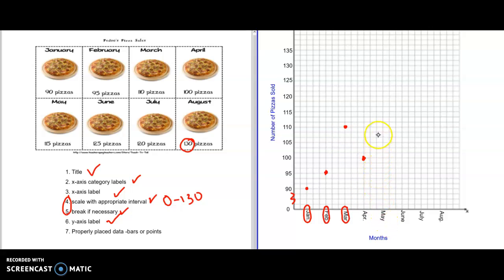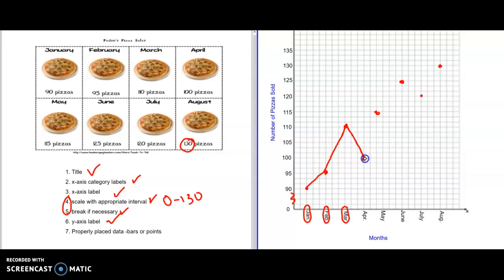May was 115. June is 125. July is 120. And then August is 130, going right there. Okay, and because this is a line graph, I have to go January to February,